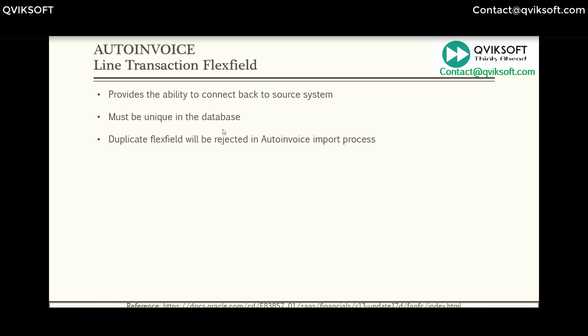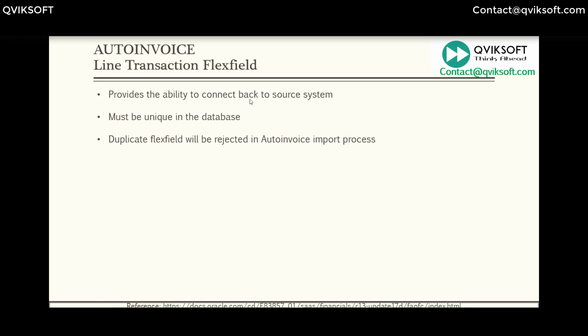If you're sending me data from the source system and you identified 4 fields which you're sending, those 4 fields have to be unique at invoice line level. You cannot send me those 4 fields today for invoice number X and tomorrow send me the same fields for invoice number Y. The system ensures that the field is unique, because I should be able to connect back to my old transaction.